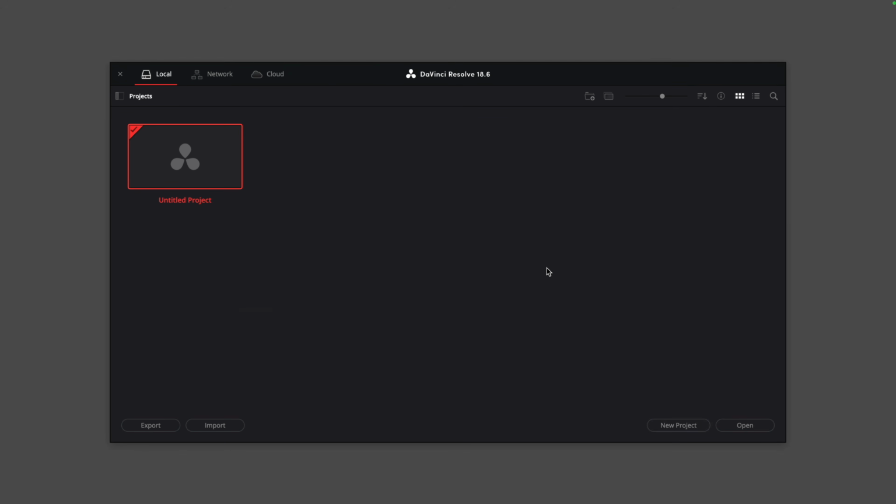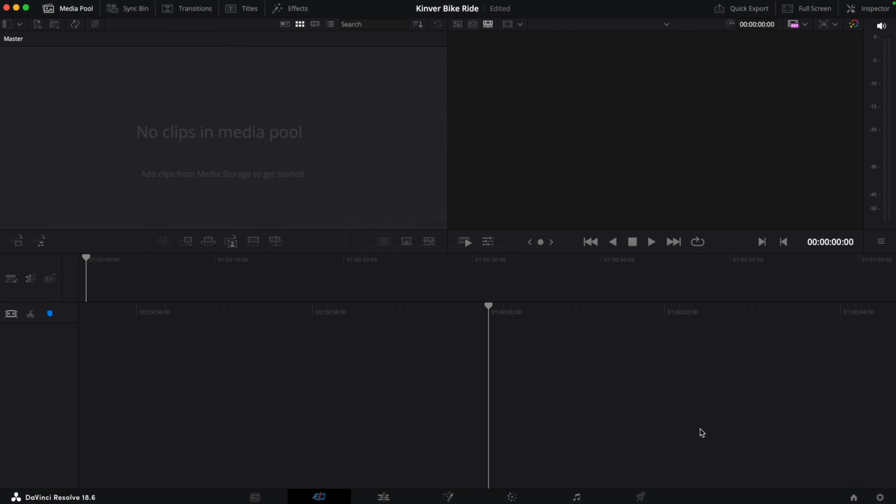So I'm going to be using the free version of Resolve for this session, and I'm going to start off by simply creating a new project. And let's give this project a name. As soon as you launch a new project, you go straight into the cut page,